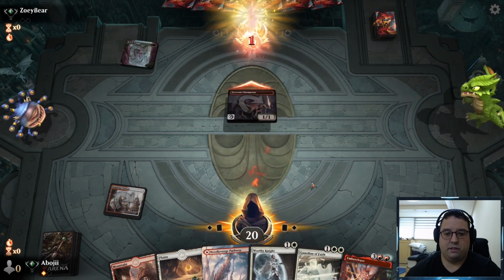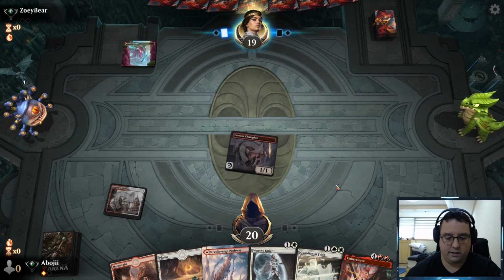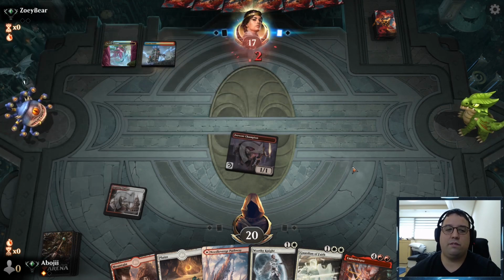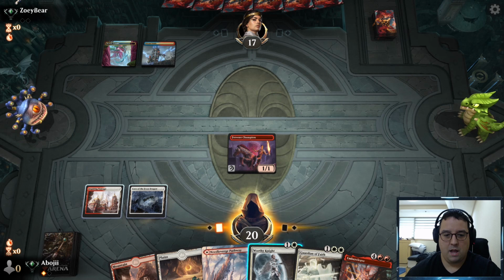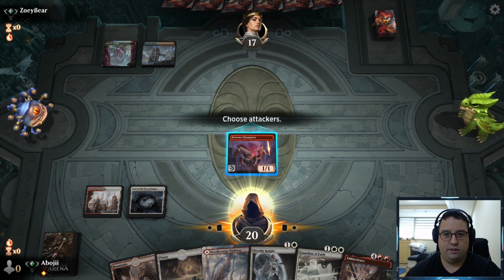Well, our mana base looks a little bit better this time, even though we do have the basic Mountain. We're going to be able to cast anything in our deck. Maybe build up to our Embercleave. First one of the game. They shocked that in, making me think they must have...